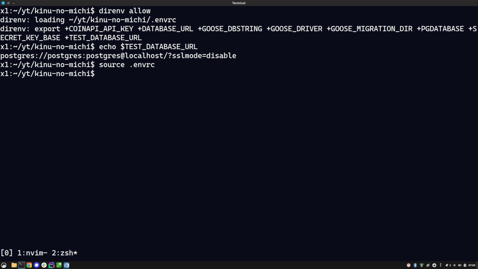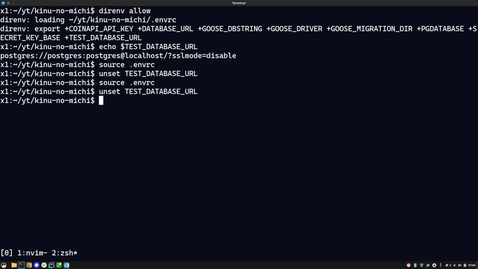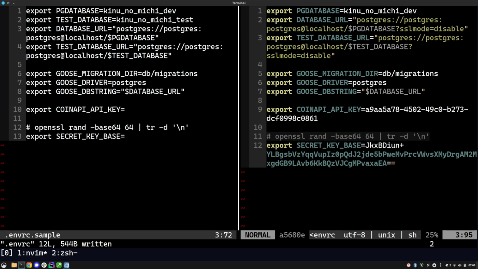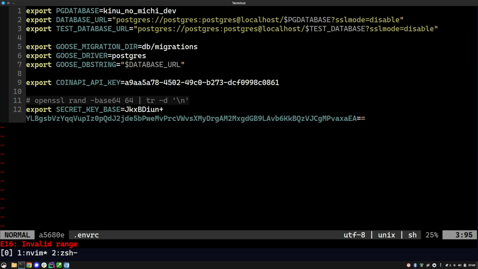to work as well. As a proof that it works, if I unset this test database URL variable and unset this database URL, if I try to print it, it's empty, but if I source it, then it's going to be correctly set, because this envrc file is essentially a shell script,